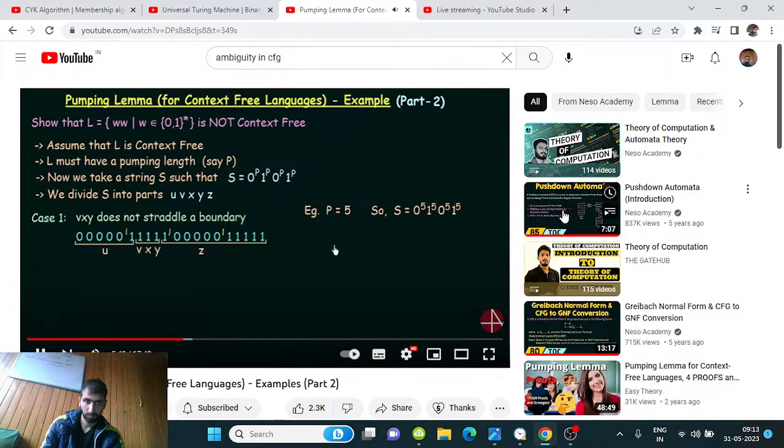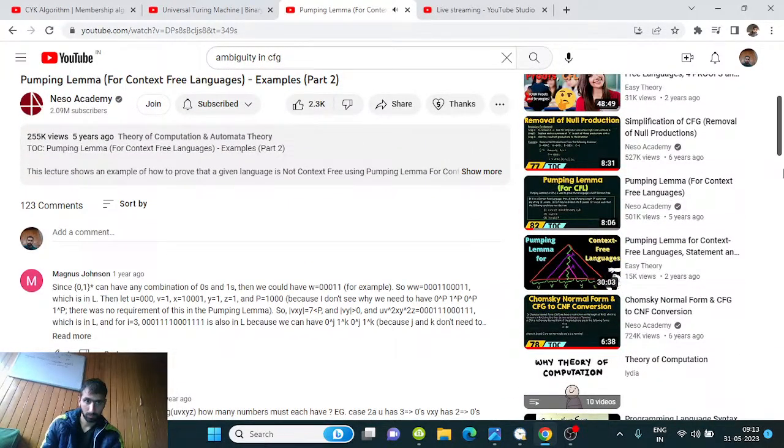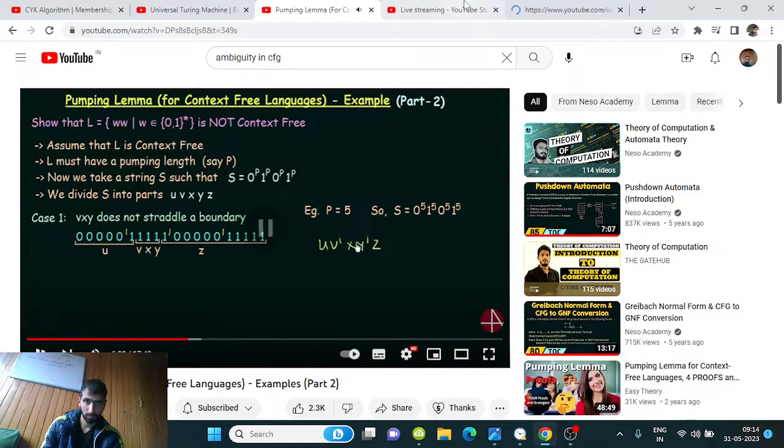Condition number 1 says that if I raise u v raised to i x y raised to i z, then this resultant string that I obtain